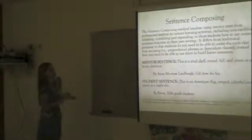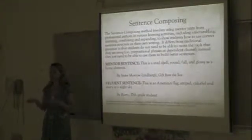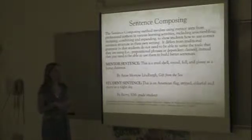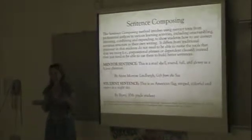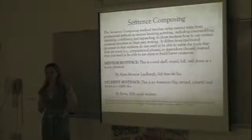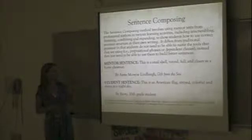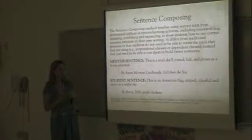Okay. In the sentence composing method, and this is Don Killgallon who does this, students are still looking at mentor text to get an idea of how they should write themselves. But in this method, they're actually breaking the sentence into parts, kind of like when we were doing sentence chunking or paragraph chunking before. We did that, gosh, 11 years ago, I guess, where we would break the text into parts and look at a paragraph or paragraphs at a time, just to make it easier for students to deal with. At this point, we look at just sentences at first, so students can look at different sentence structures,